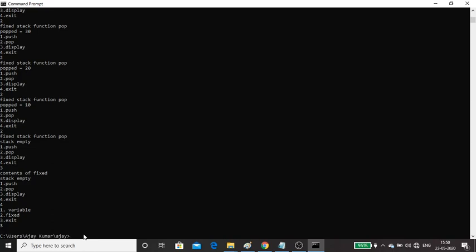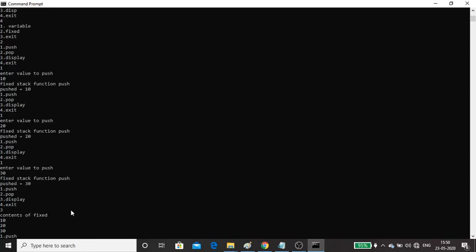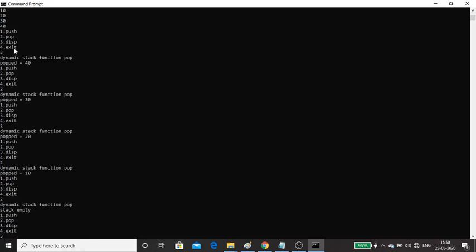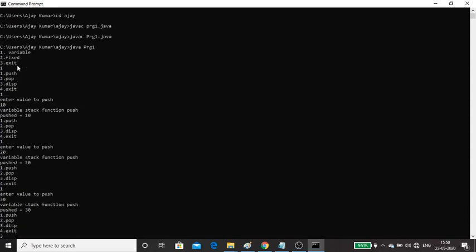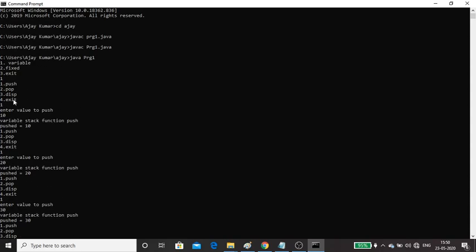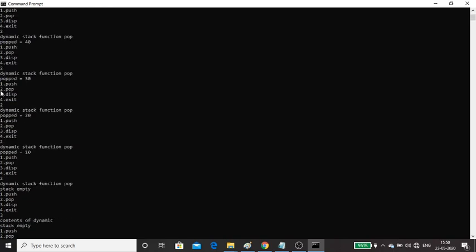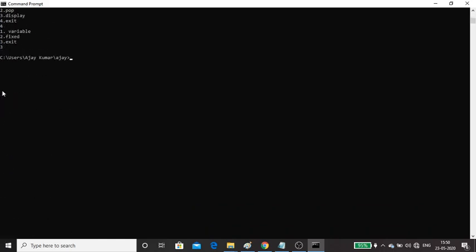Just copy that program along with the output. You have to write all the possible options in your observation, from here till the end, including this command. Start from this line, javac program.java. Next you write this one, java PRG1. I think you can understand why I wrote PRG1: because we are executing the class file. From this line till the end, copy in your observation along with the code.